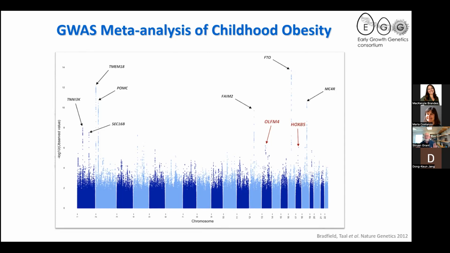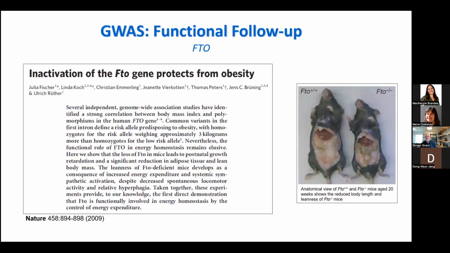But really what I want to bring your attention to is the FTO locus. So the top locus here, the Empire State Building signal, if you will, of this Manhattan plot. And what we've learned from FTO has been very important to my group and to many others. Really seminal studies have come out on this FTO locus, and the approaches applied there really can be applied to many different traits. So definitely very inspired by those FTO studies.